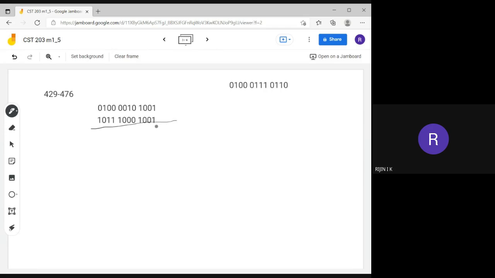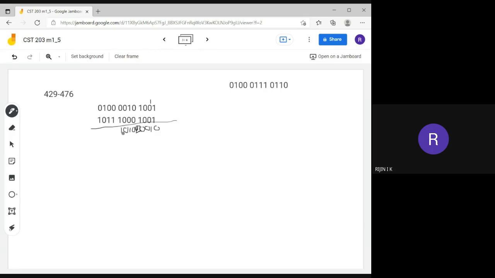1 plus 1 is 0 with a carry 1. 1 plus 0 plus 0 is 1. Then 0 plus 0 is 0. 1 plus 1 is 0 with a carry 1. Okay, make a group. 0 plus 0 is 0. 0 plus 1 is 1. 0 plus 0 is 0. 0 plus 1 is 1.